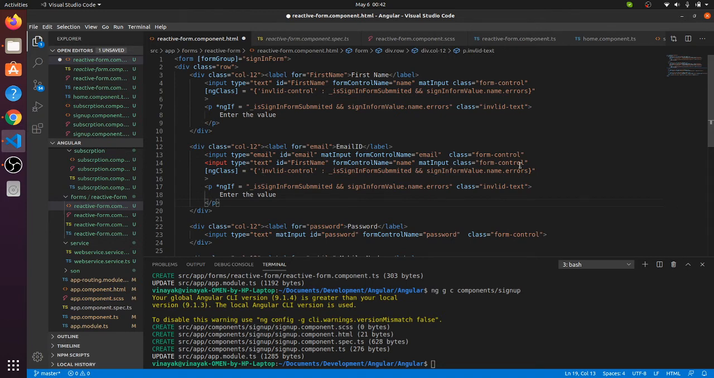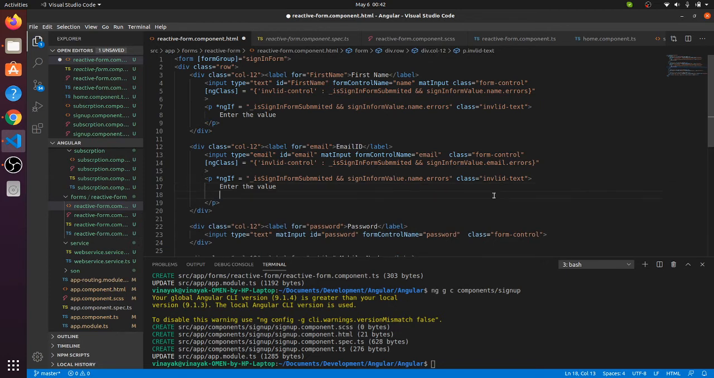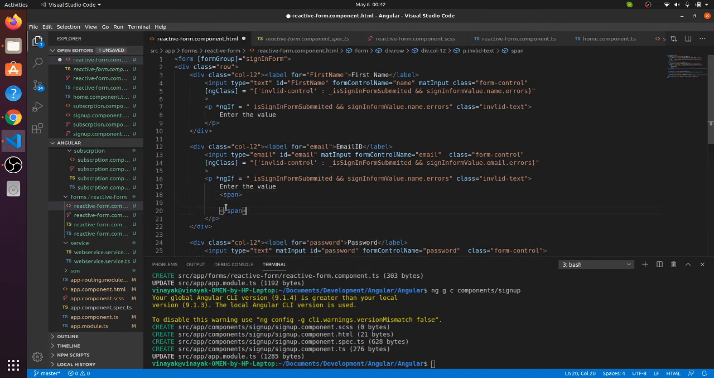And I think this thing is not required. Yes, this is what I require. Invert form error is email. This is only... Can I do something like, p, not p, I'll say span, and somewhere outside